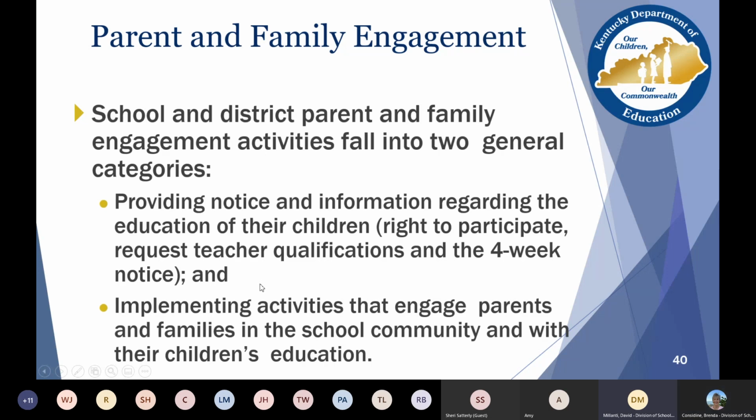The requirement around that is, anytime you have a class in a Title I school that is not taught by someone that meets certification standards for 4 consecutive weeks, you would have to issue a letter to the parents of students in that class, a notice that says, hey, we've got this teacher that does not meet certification standards. Here's what his or her qualifications are, and here's what we're doing to rectify the situation. And you include some contact information for yourself in that letter as well.